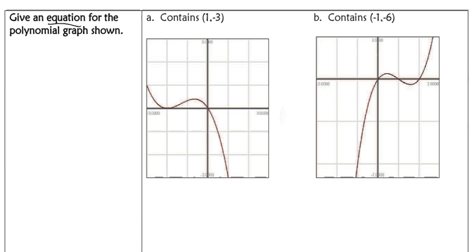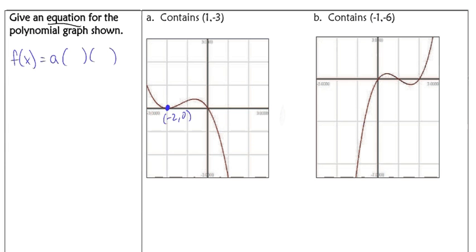Now, if it's written in its factored form, then a polynomial equation is going to be f of x is equal to an a value, some number out front, times those factors. And so let's use that as our model as we go through. For a here, we've got what appears to be a double root, or not appears, it is a double root at -2. So -2, 0 is a double root, meaning our factor here would be,